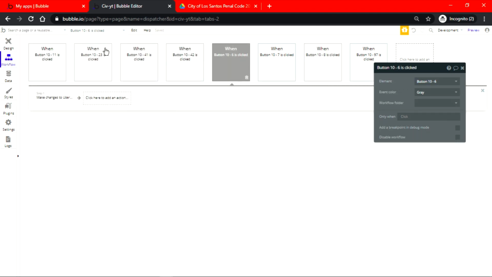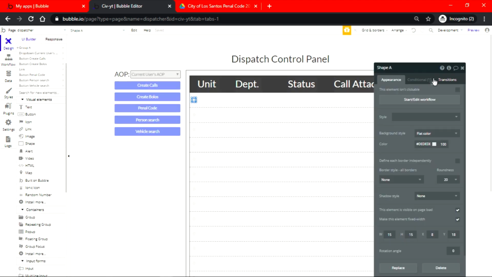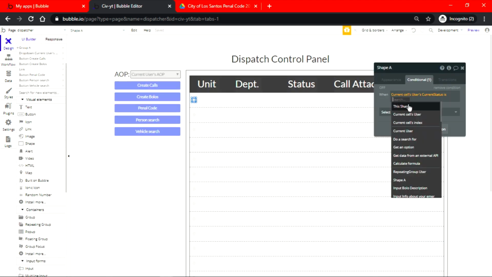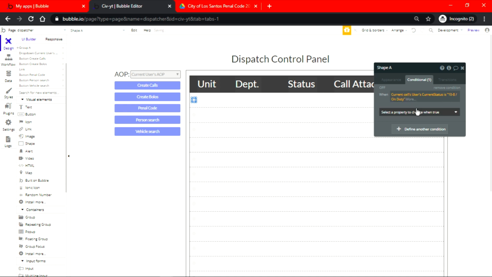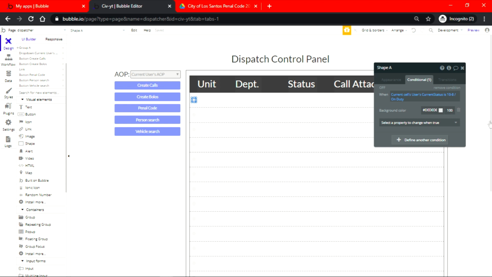Now let's go here, go back in dispatch, and 10-8. Now background color should be green. You could use these, which are really useful. Now copy,